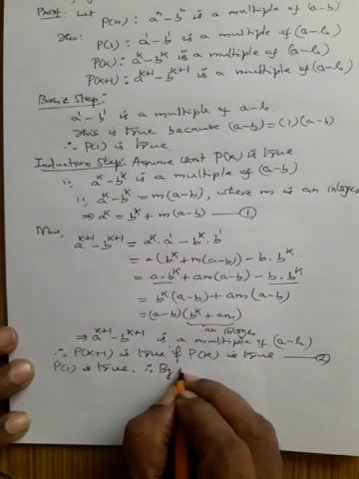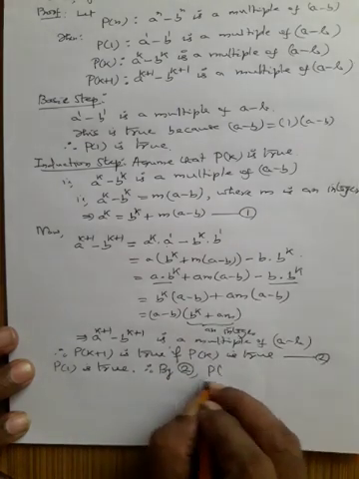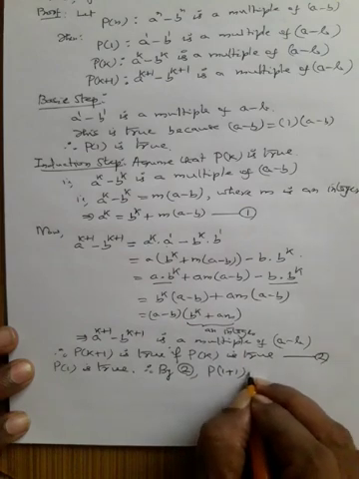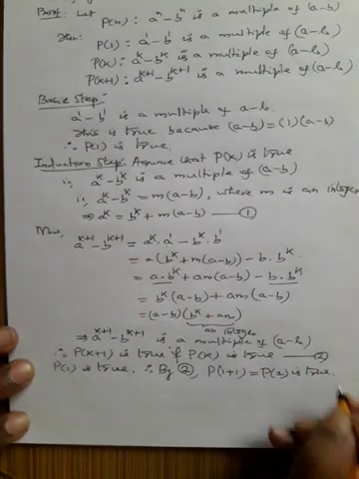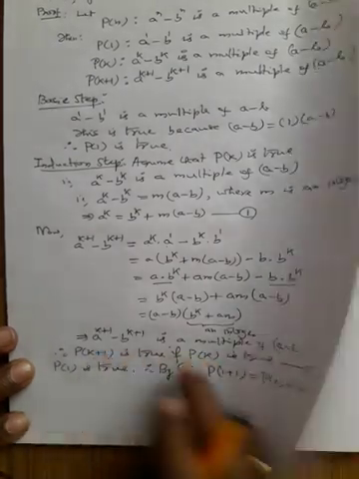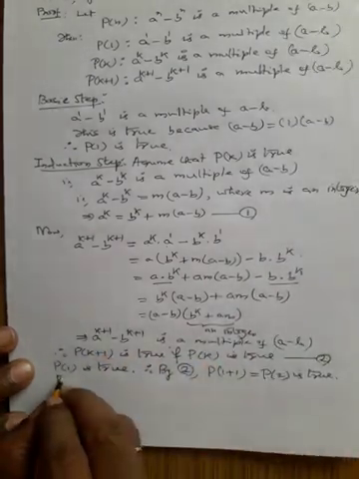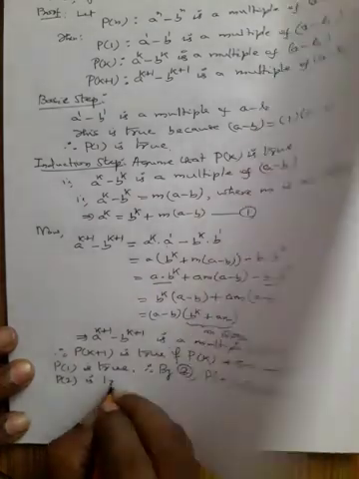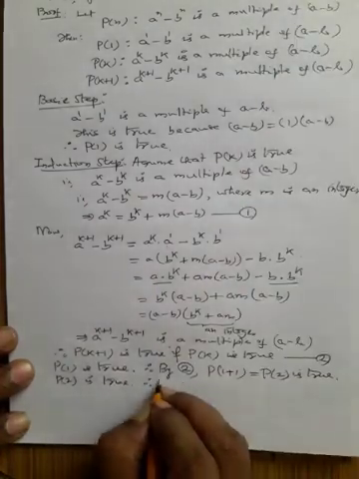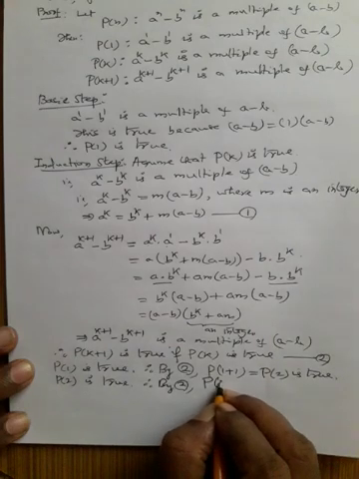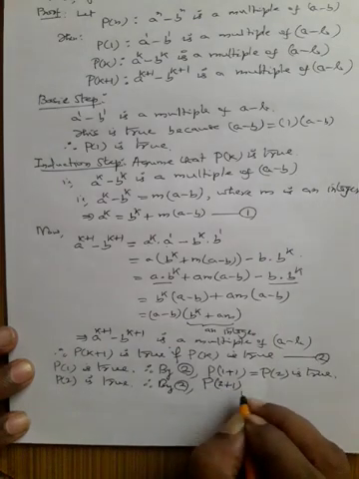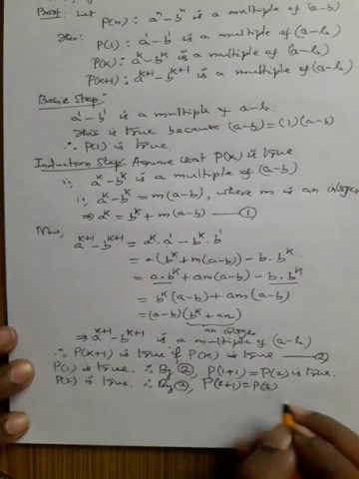Therefore, by 2, P of 1 plus 1, which is equal to P of 2, is true, because whenever it is true for k, it is true for the next integer k plus 1. P of 2 is true. Therefore, by 2, P of the next integer 2 plus 1, which is P of 3, is true,